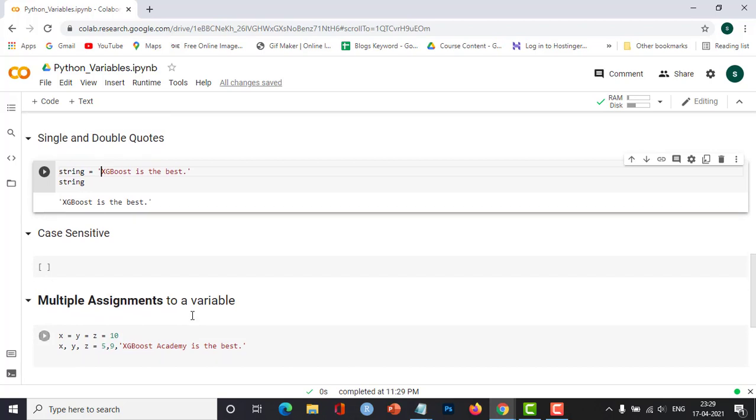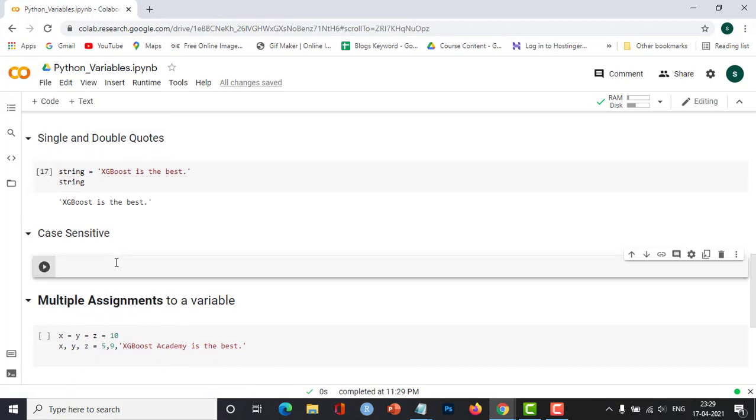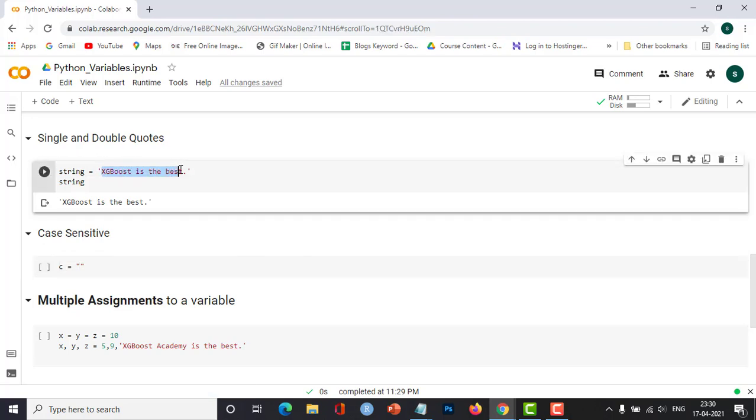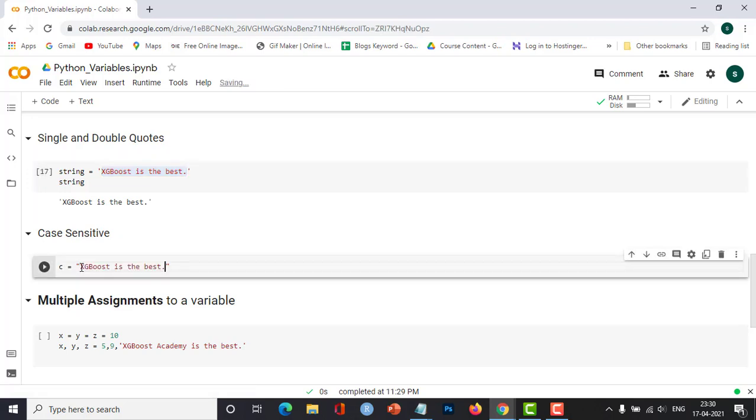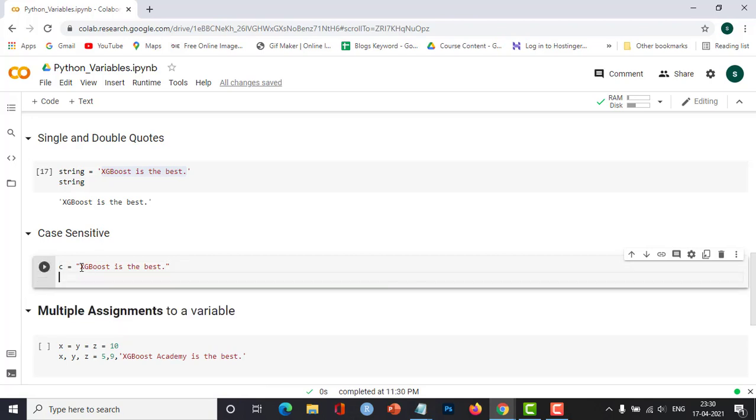And then coming to the case sensitive part. Let us take an example, let us declare a variable c, that is small c, and I'll give the input as again this string. I'll copy it over here. Now I'll print it, and here I'll create a variable that will be denoted by capital C, and I'll give the value as 23.